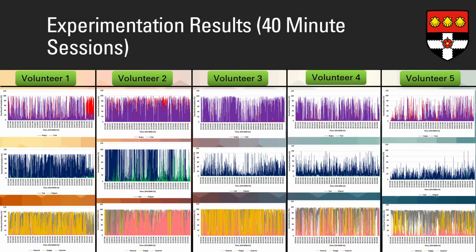In the 40-minute session, we can see that most of the emotions have started to increase in intensity, with a significant increase of the anger and fear emotions in volunteers 1 and 5 when compared to the 20-minute session. There has been an increase in the sad emotion in volunteers 3, 4 and 5. However, the happy emotions of all the volunteers have slightly dropped in intensity, which could suggest they are now trying to focus on the gameplay more.